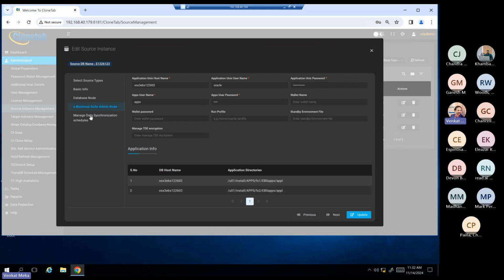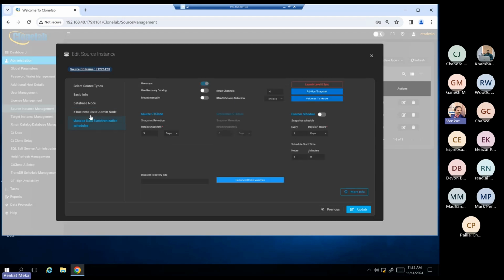And then the last one is where you're doing the initial full backup using RMAN and subsequent incremental backups only. So here you click on launch level 0 the very first time when you're doing this. You should only use this once. After that, it is doing automatic incremental backups at the scheduled time. Or if you wish to do ad hoc snapshots, you can also do that.